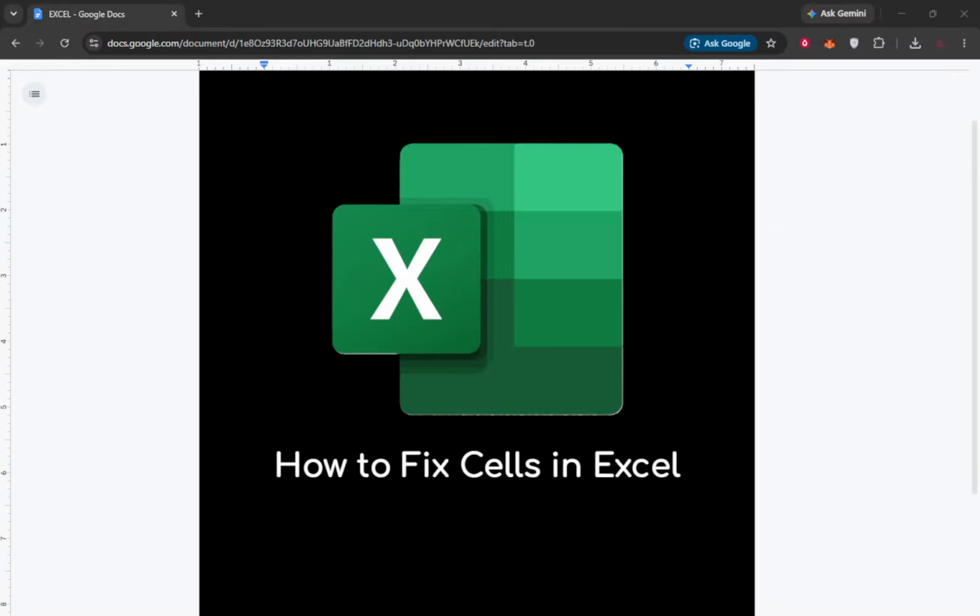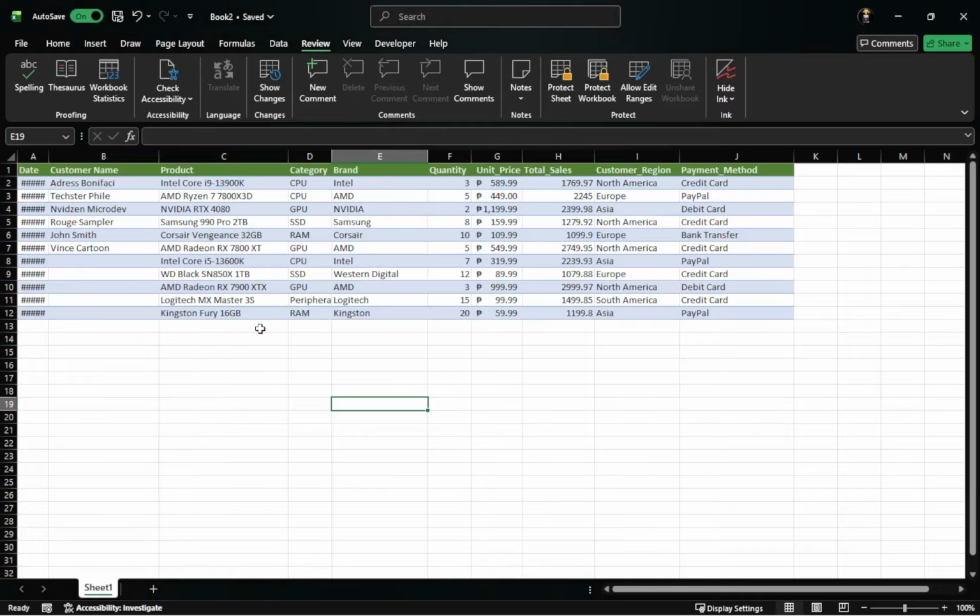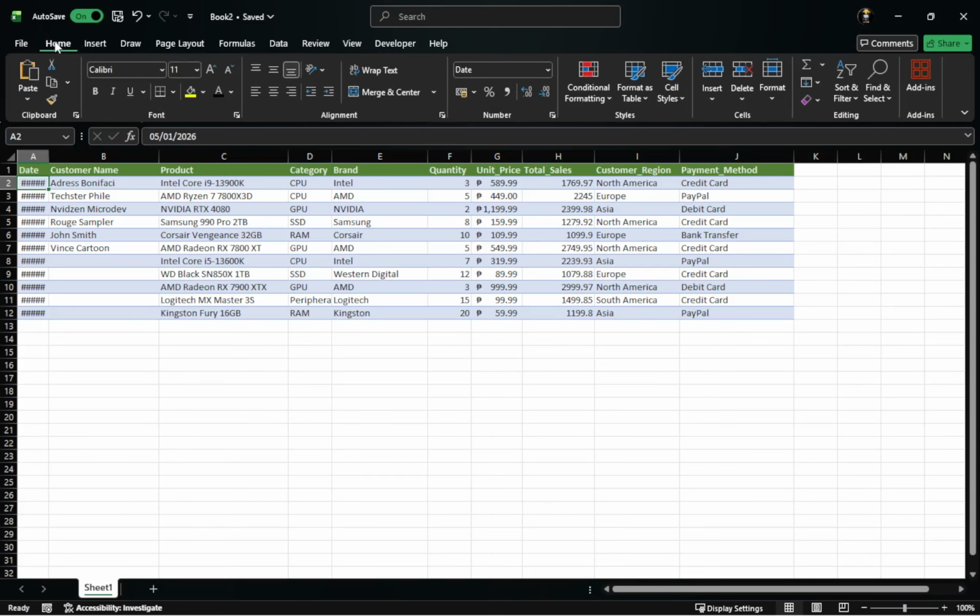Select the cell that looks wrong by clicking it once with your mouse. From there, look toward the top of Excel and click the Home tab so its options are visible. In the Home tab, you can change the font, like making text bold or larger, and alignment, such as centering the text. You can also adjust the number format here, for example, switching between general, number, currency, or date, which